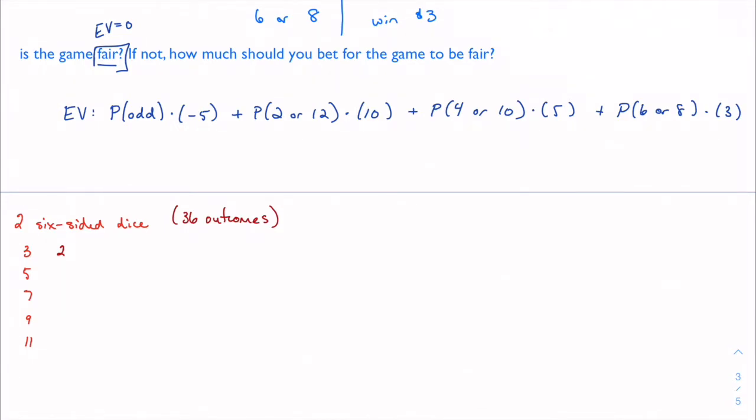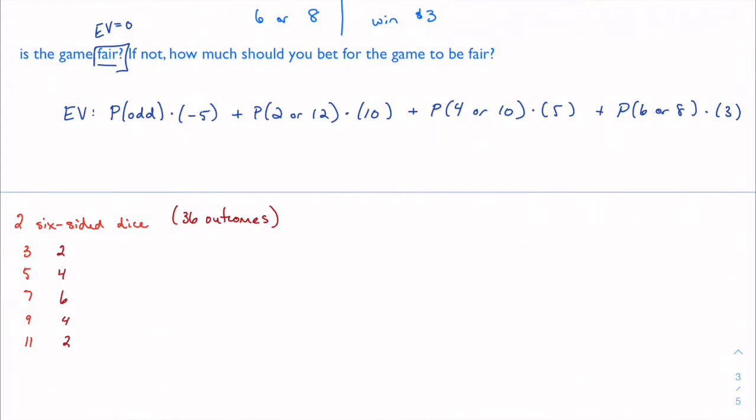How do I roll a 5? Well, I can roll a 1 and a 4, a 2 and a 3, or the opposites of both of those, right? A 3 and a 2, and a 4 and a 1. So there are 4. 7 is our most common, our most popular option. Sorry, I guess I should say more frequent option. 1 and 6, 2 and 5, 3 and 4, and then opposites of all those, 4 and 3, 5 and 2, 6 and 1, so that's 6 options. And then just to speed up the process here, there are 4 ways to get a 9 and 2 ways to get an 11. You can check those on your own if you want.